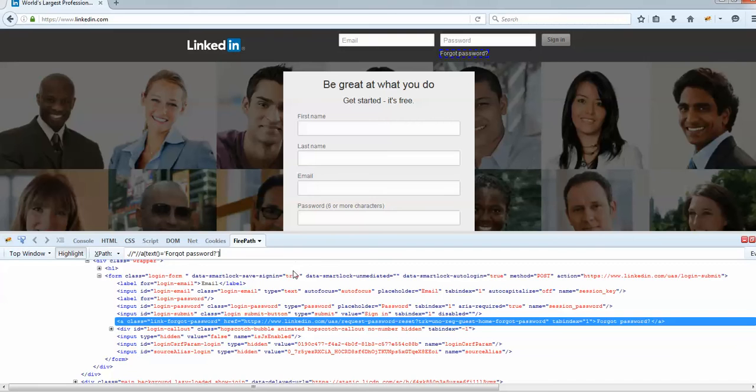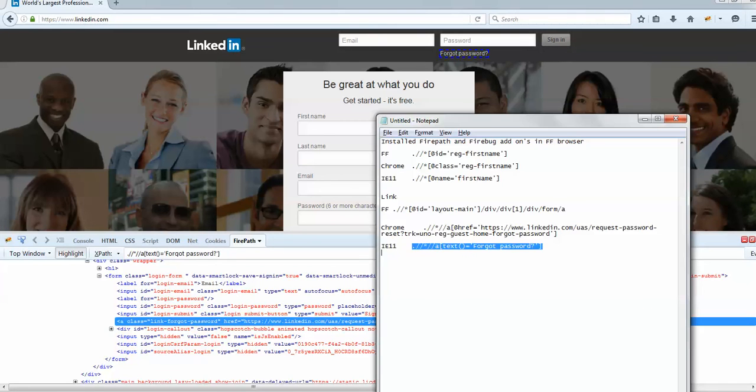So when I check here, yes, it is highlighted, so it means that this is correct. So for the link, Firefox gave us this XPath. In Chrome, we customized it using href, and in IE11 we used the text and identified the element. So this is how we do it in n number of ways and drive to our script.